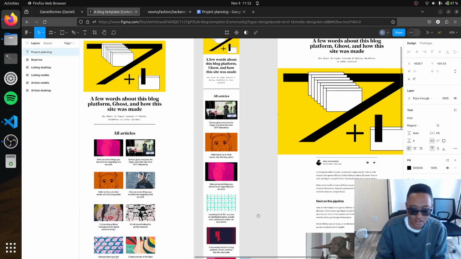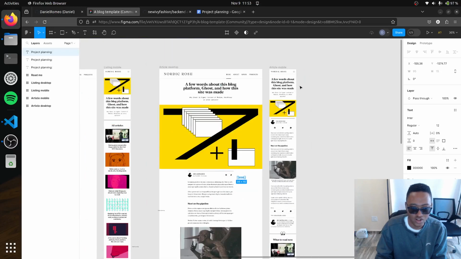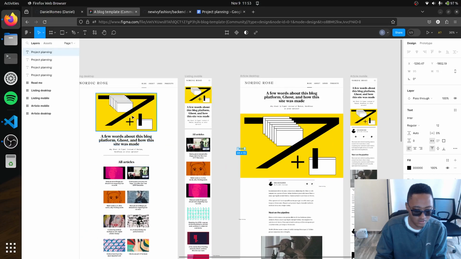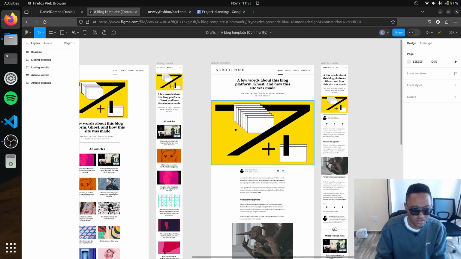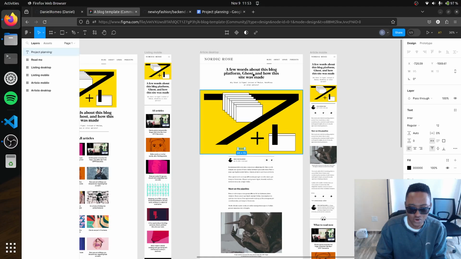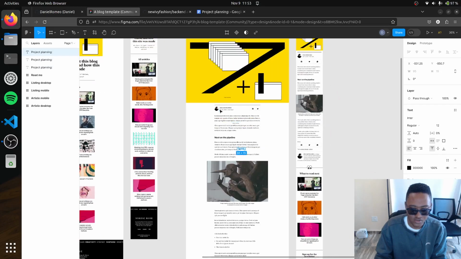And this is the mobile view, easy to understand. And then this is the actual article page. So when you click on any article, the thumbnail of the article will show up right here. It'll fill up the whole screen, I guess. You have the